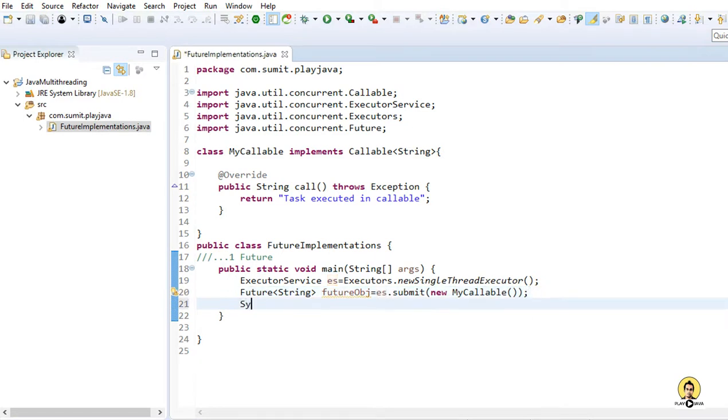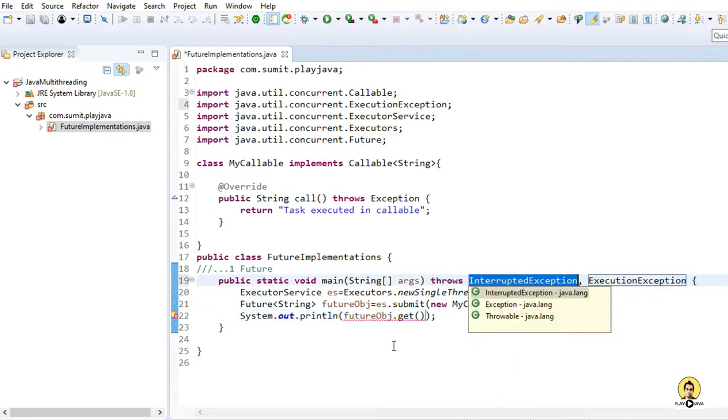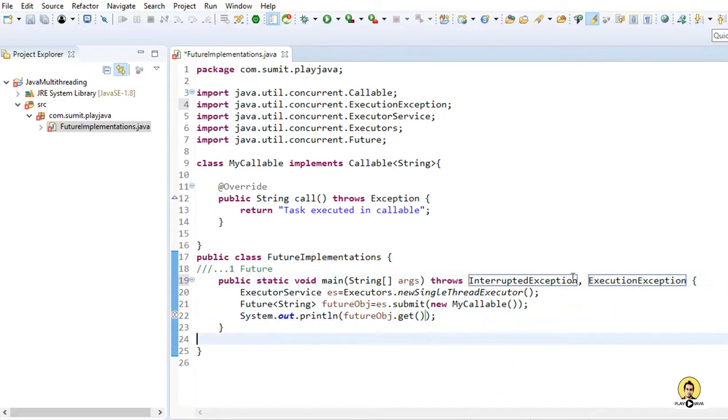The future object will store the data returned by the call method. So I will just print that data by calling futureObject.get. This is the get method which will return the data, and it throws InterruptedException and ExecutionException. So we are done with the implementation of Future.